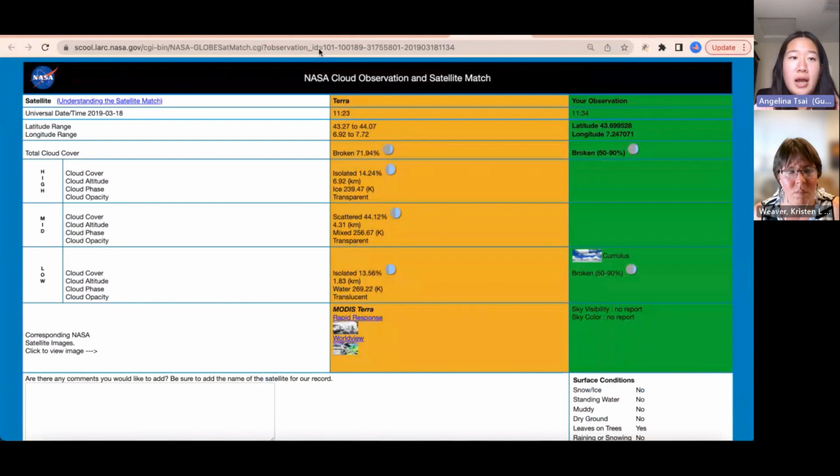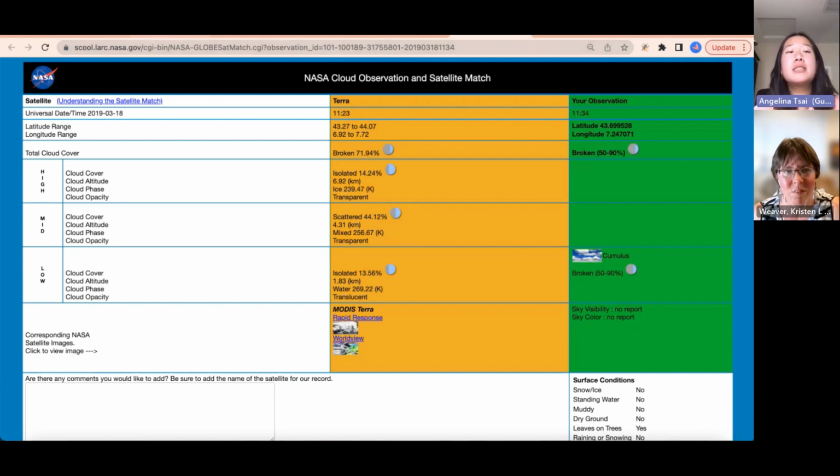So every single web page starts with this school, LARC, NASA, Gov, satellite match observation. And so the way we determined whether or not there was a satellite match was through web scraping. And web scraping basically goes through every single page, well, it doesn't go through every page because that would be extremely impractical and it would be very taxing on Tina's server.